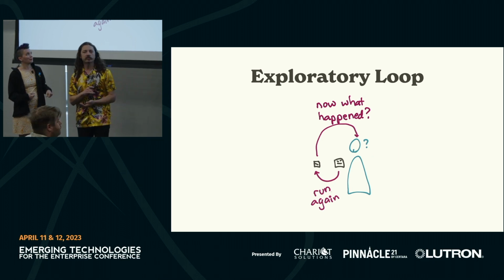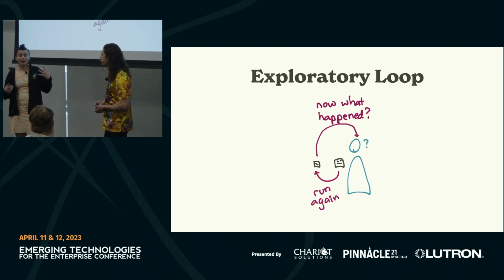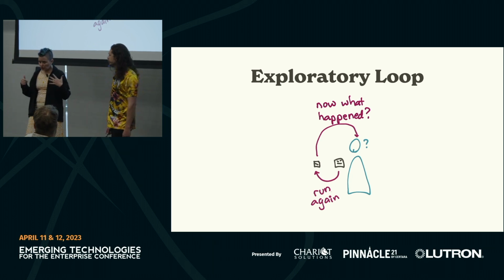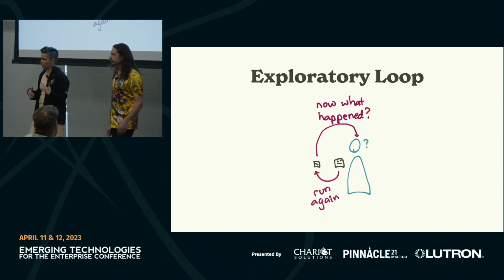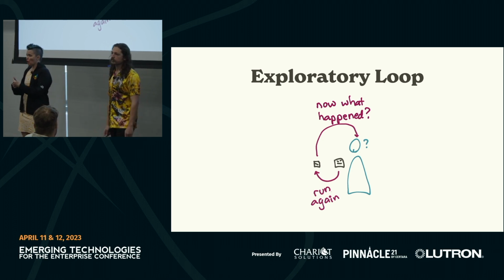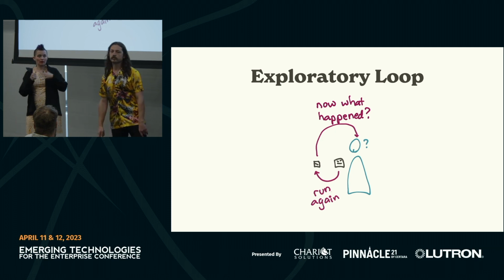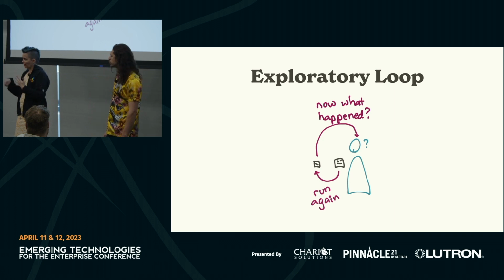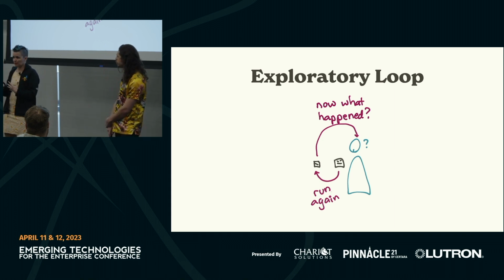What we're more interested in today are exploratory loops. So like when CI does fail, you typically are like, oh, well, I need to do something. You want to duplicate the failure locally in your local tests where you don't have to wait 40 minutes to find out the results, and you can run it, and then you can iterate on it, and you can change something, and you can find out what happens again.